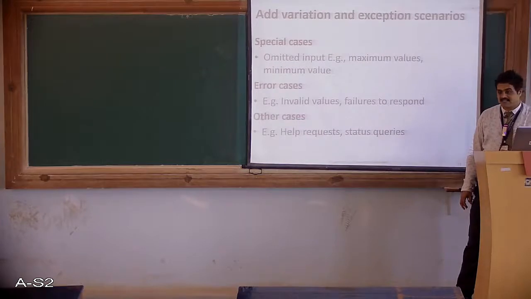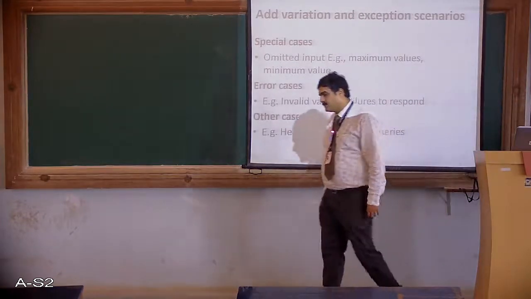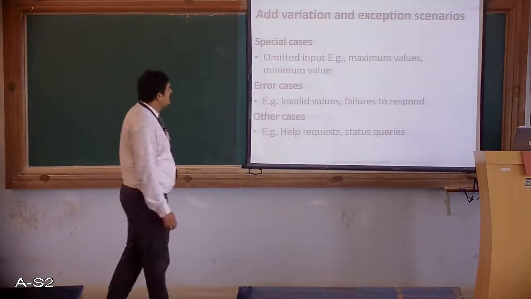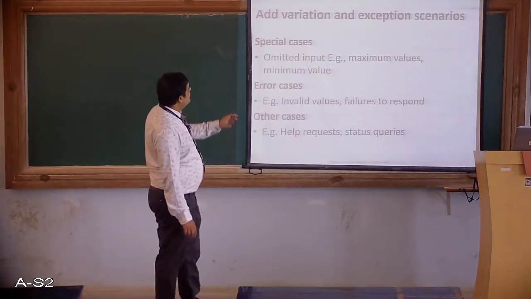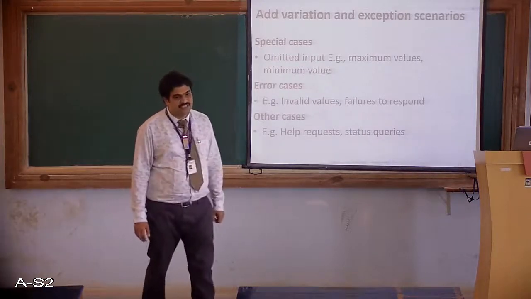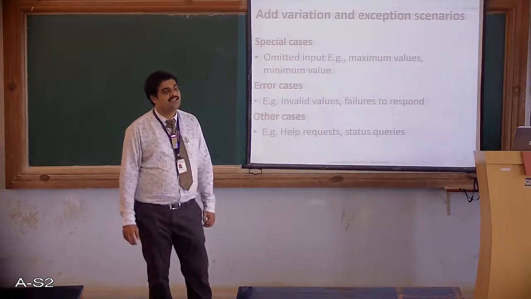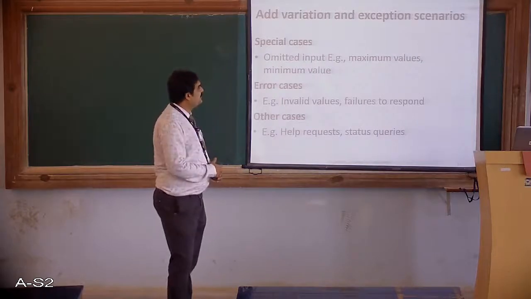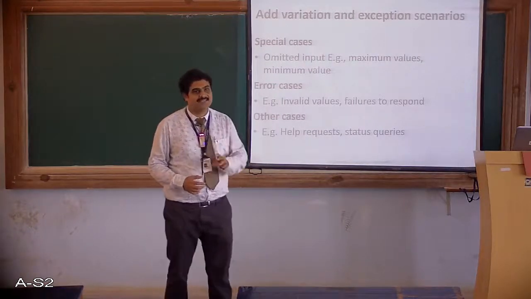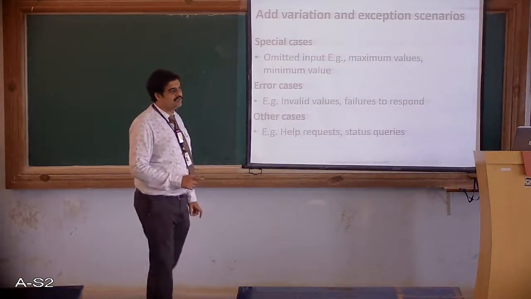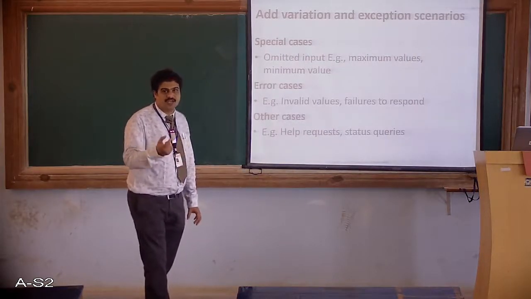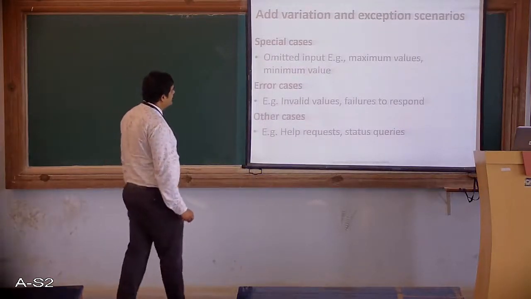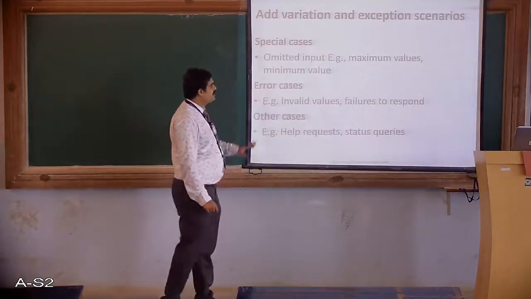Then you can consider adding variations. I discussed exceptional use cases even in the previous class. These are special cases. For example, if your pin number is an alphanumeric value, consisting of characters as well as numbers, what is the length of the number? If someone tries to enter a longer one, it should definitely give an error. That can also be considered in the exceptional scenarios.